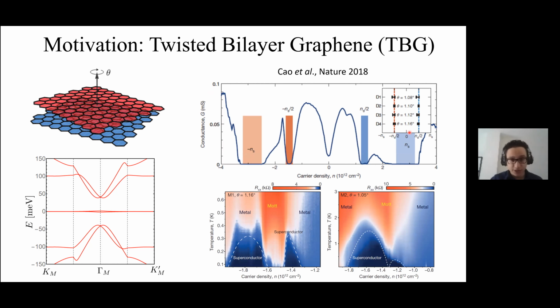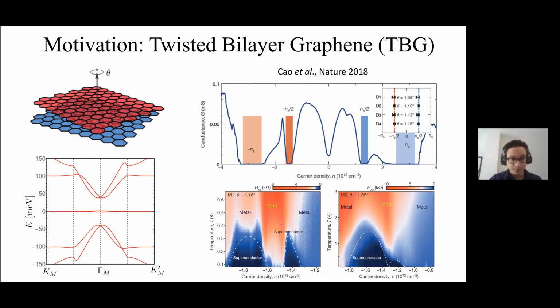On the other hand, they also found two prominent dips at filling of -½ and +½, and these two dips cannot really be explained by single particle physics, so they have to be due to correlations. Furthermore, when they looked for superconductivity in the vicinity of this half-filling insulator, they found two prominent superconducting domes flanking the